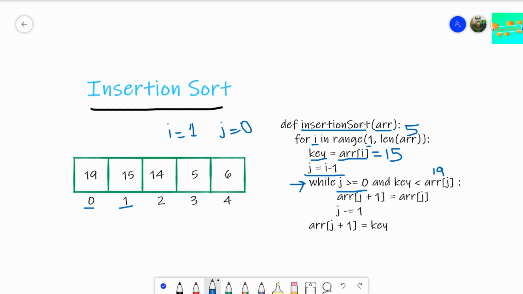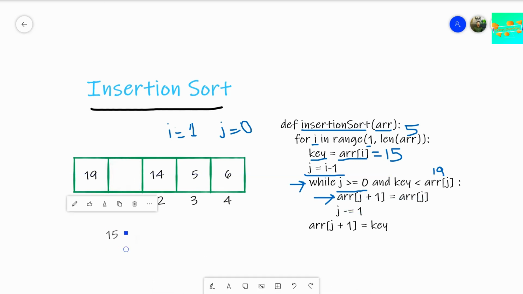So what it says, array of j plus 1. So j is 0, so j plus 1 is 1. So we are assigning array of j to array of j plus 1. So after we execute this statement, our array will look something like this.